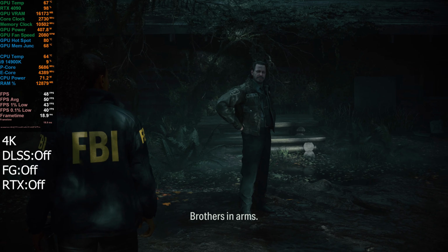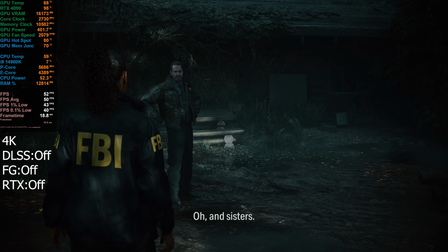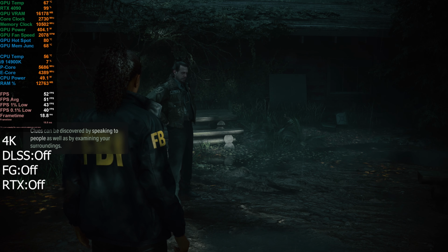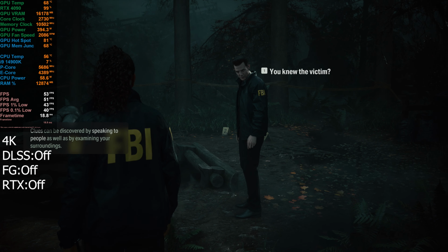So we seem to only drop about 20 to 30 FPS by switching path tracing on. I thought we'd probably gain a bit more and be at least over 60, but...